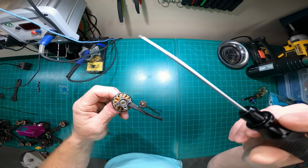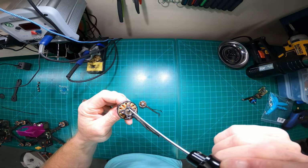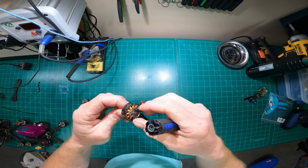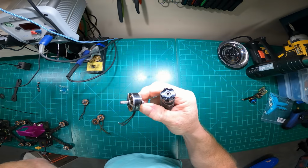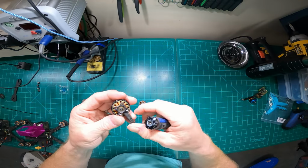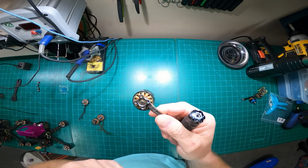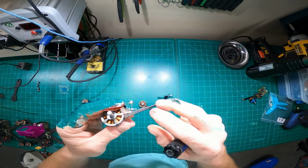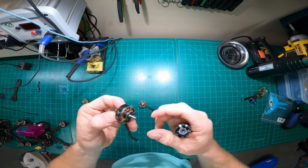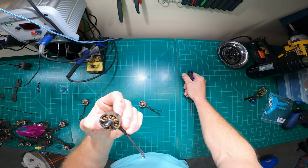But something else I've noticed is the actual capture ring on the bearings will start to fail and you'll lose that ring, and then the bearings will start to fall apart, and then you'll lose performance there. And you'll hear the bearings grind, and you pull your motors apart. I used to do a lot of maintenance on my motors. I tried ceramic bearings, tried Japanese bearings, you name it. I used to lube my bearings, used to soak my bearings in oil and then put them in here and they're sealed. You know what I mean? I did all these crazy things. At the end of the day,